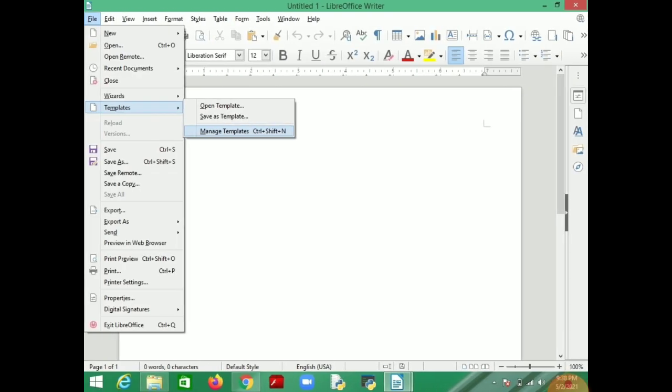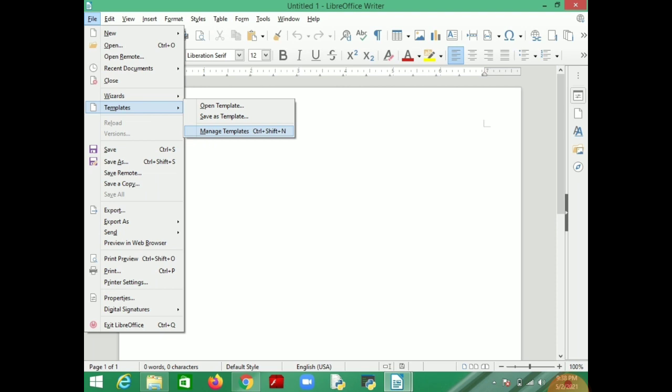Then if you want to start your document with a pre-built template inside your Writer, so pre-built formats you can use. You have to click on File, then go to Templates, then Manage Templates.